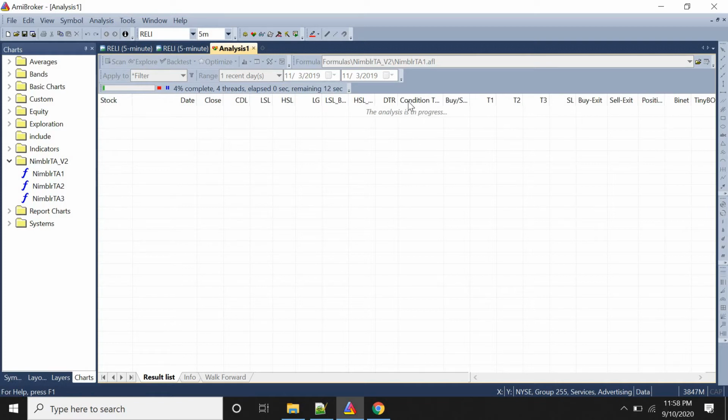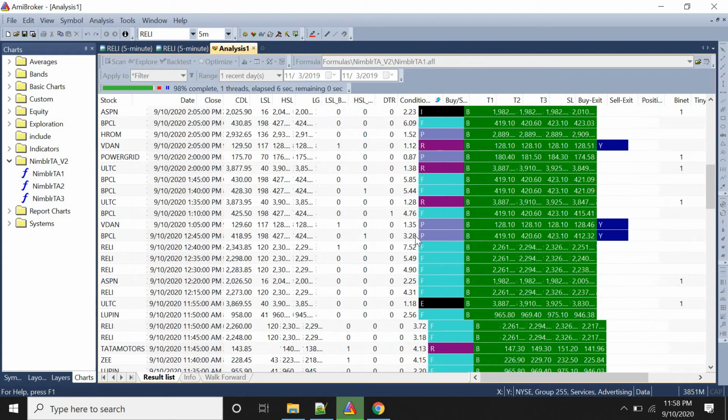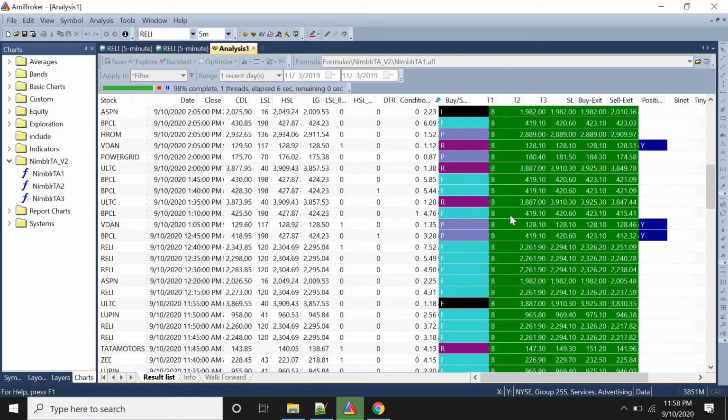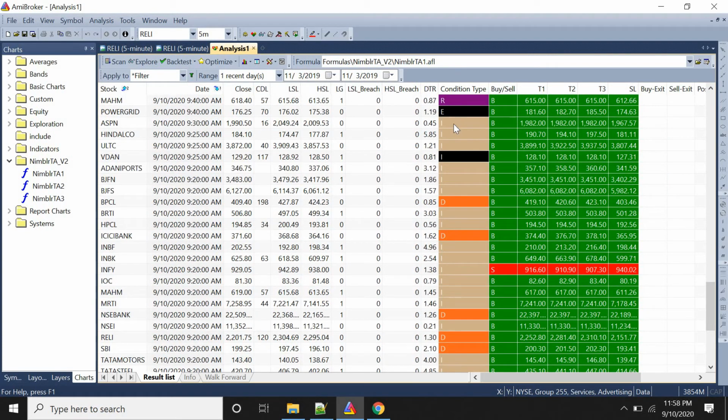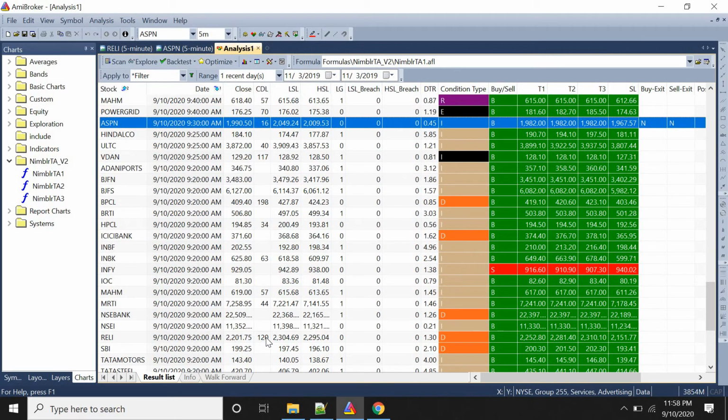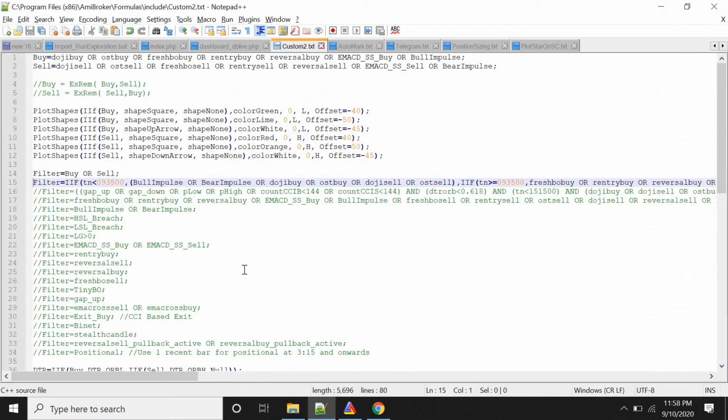So this is where my analysis is, and if I do exploration over here on the filters, you see all the impulse alerts which would be available to me. Those will be available before a particular timestamp because I have created a filter based on the timestamp. So this is less than 9:35, and that is where you will have all the alerts for impulse, doji and OST.